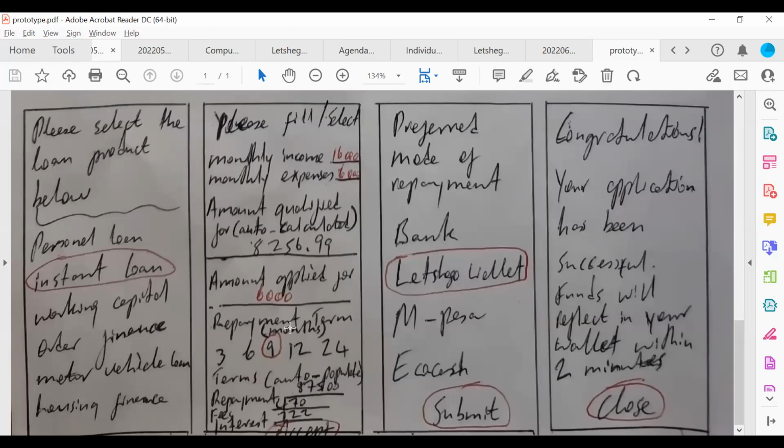Then they will go to the next screen to select their preferred mode of repayment, if they wish to pay us back through bank, Letshego wallet, M-Pesa, or EquiCash. So in our instance, the customer chooses Letshego wallet and then submits. So for our purposes, that which they choose to pay us is the preferred mode of